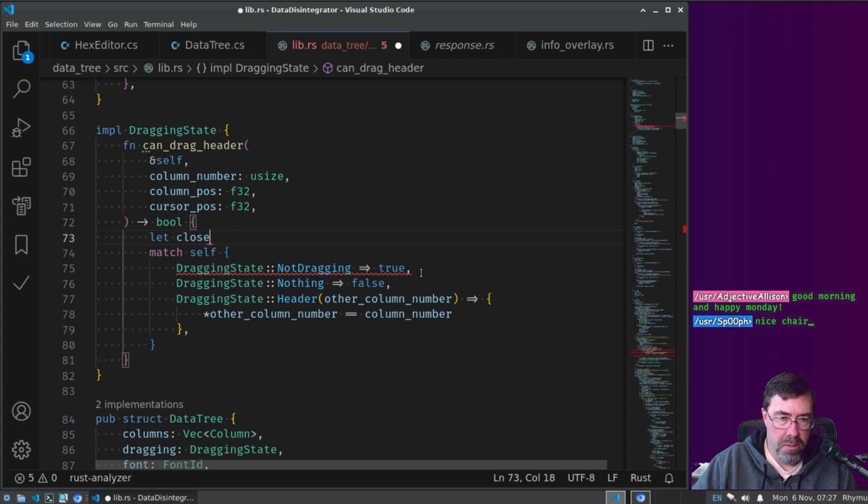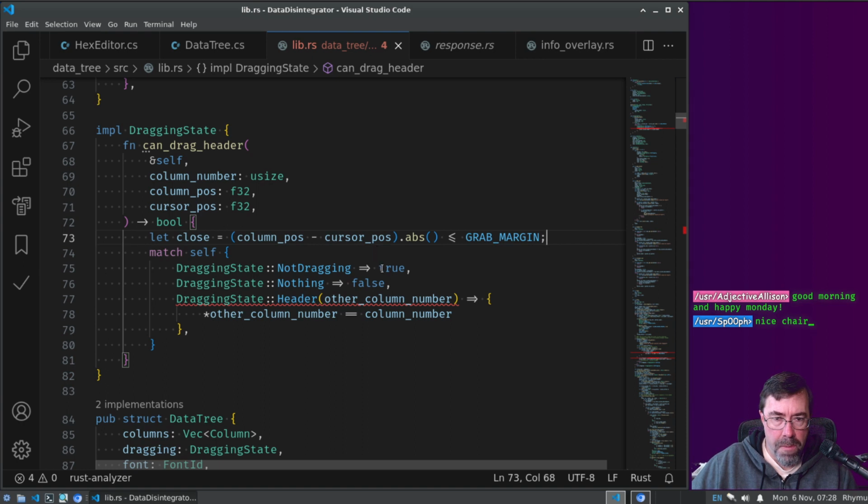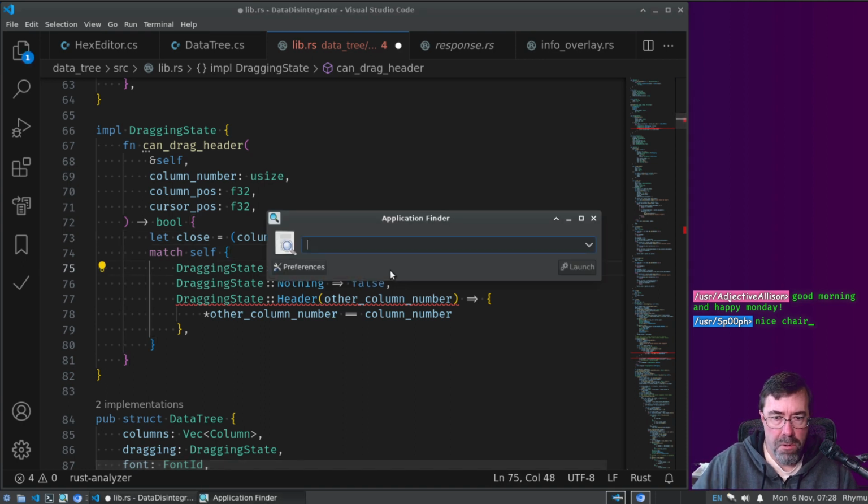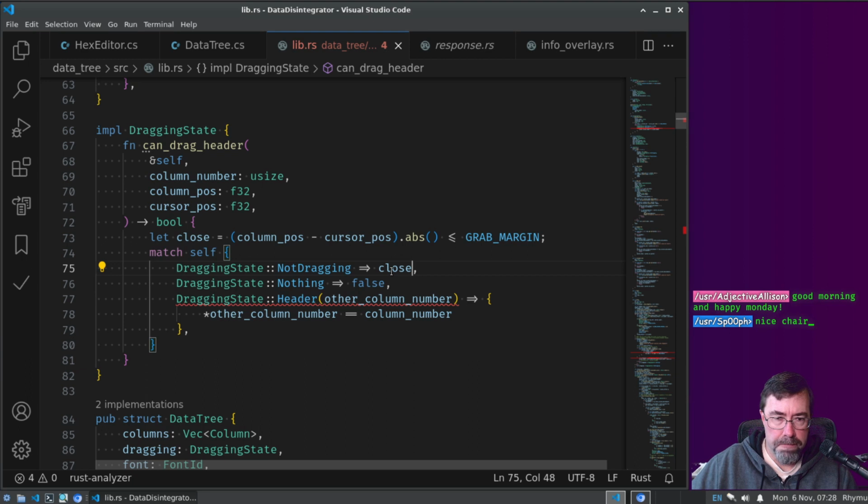Close is the difference between these two. Right, but here,